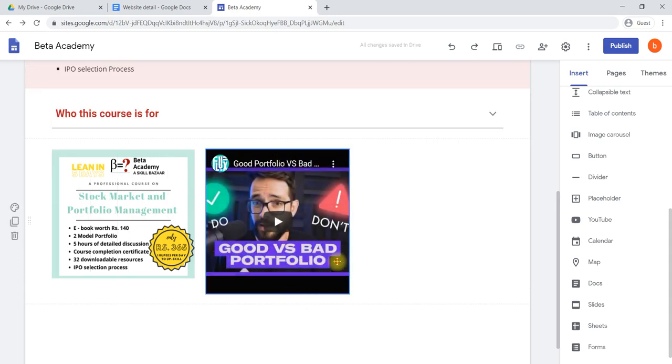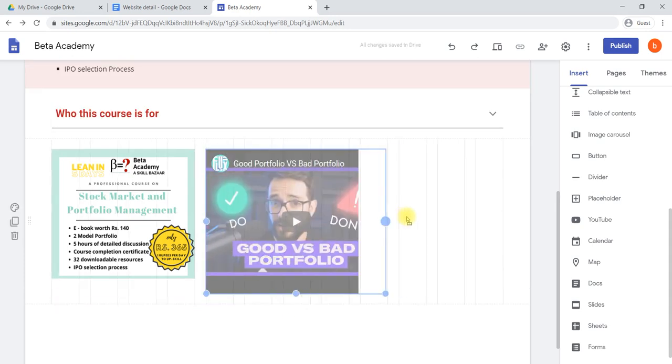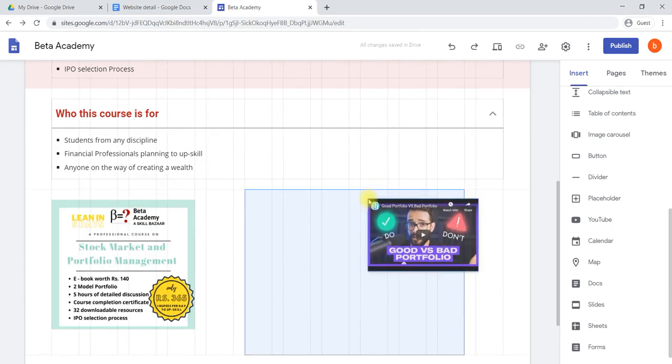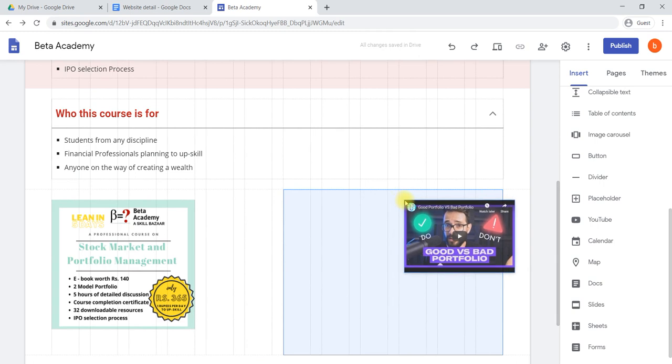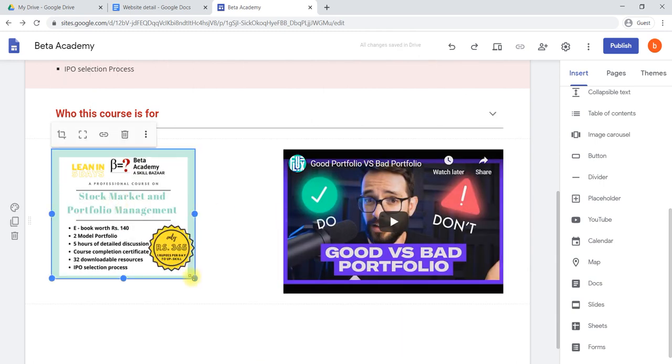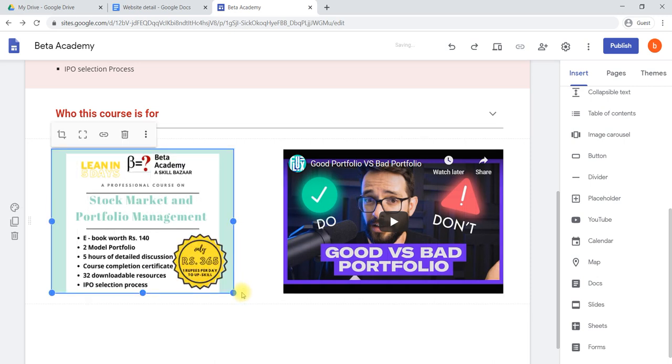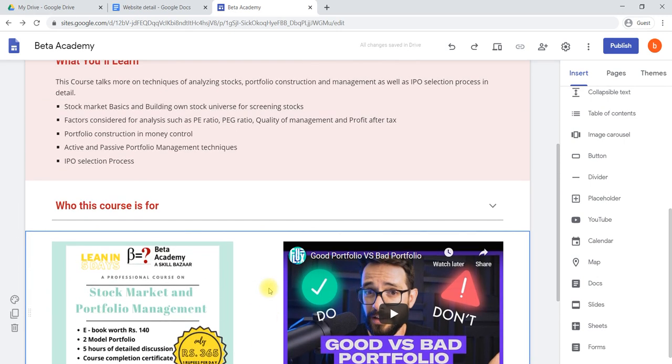Again you can increase it like this. Again this image size also you can increase to fit that particular thing. Okay, like this you can do.